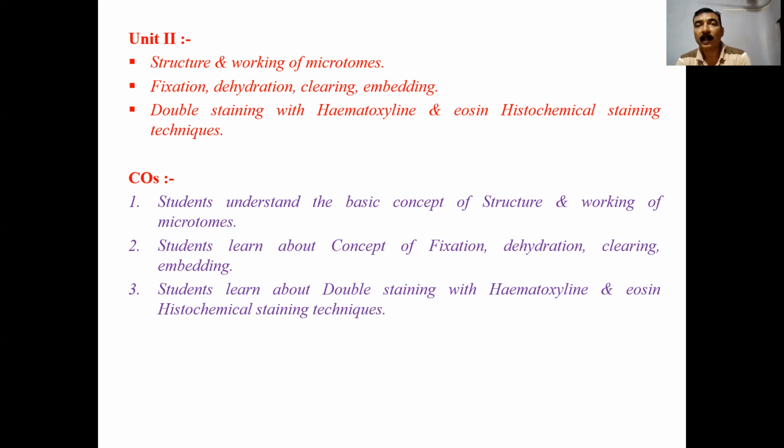The first step is deparaffinization of the slide, and after deparaffinization, a downgrade series of alcohol is used. That is hydration: 100, then 90, 70, 50, 30, because hematoxylin is prepared in water. Then eosin is there, which is in an upgrade series of alcohol. As a result, both the stains are taken up by the nuclei and cytoplasm respectively. So we are getting double staining of the tissue. This is the method of staining.